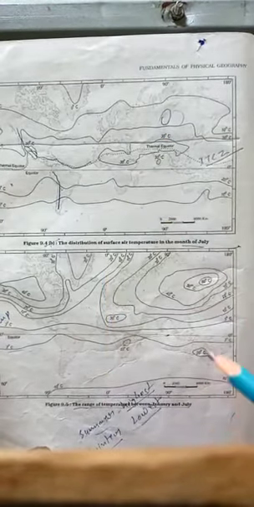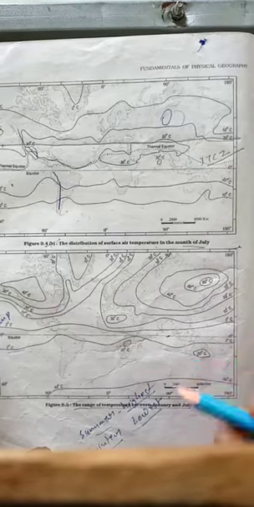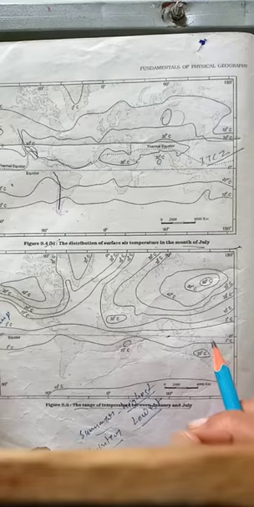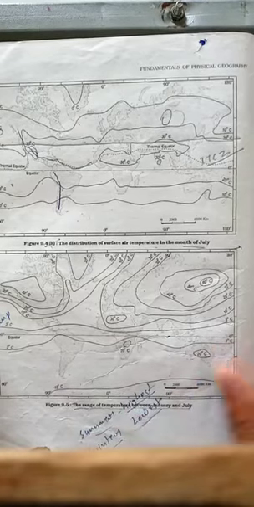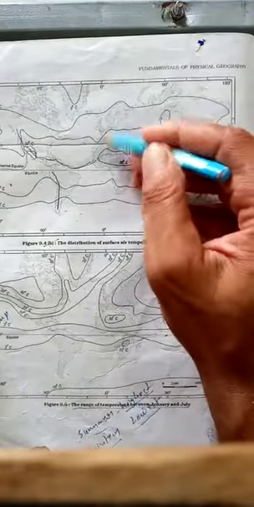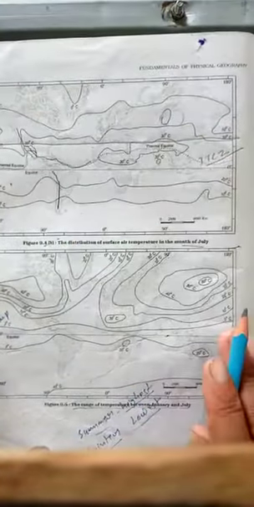The temperature gradient in the interior and eastern margin of the continent becomes weak in the northern hemisphere. There is no substantial change in the temperature gradient along the western margin of the continent. There, this and this side.